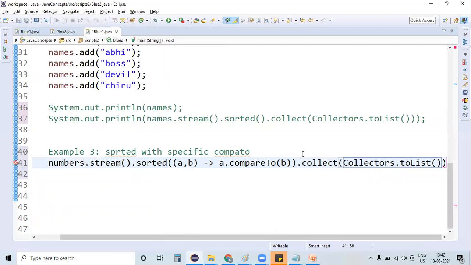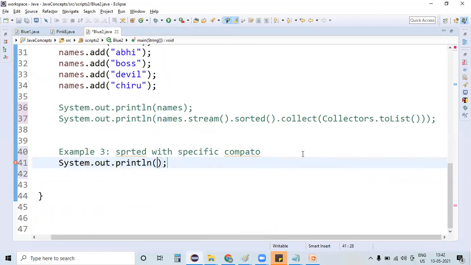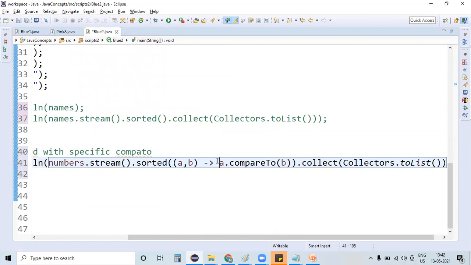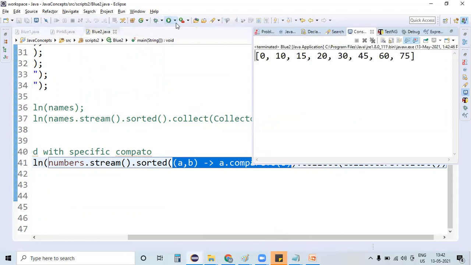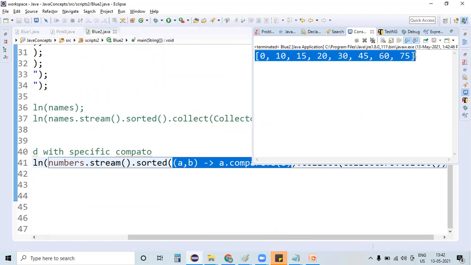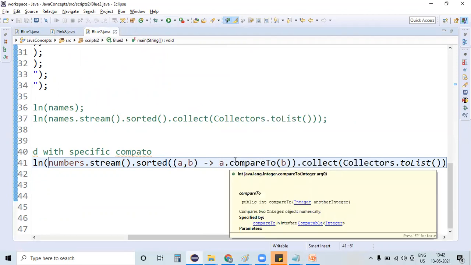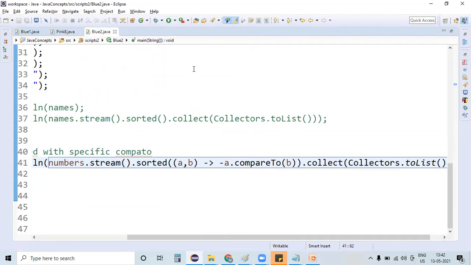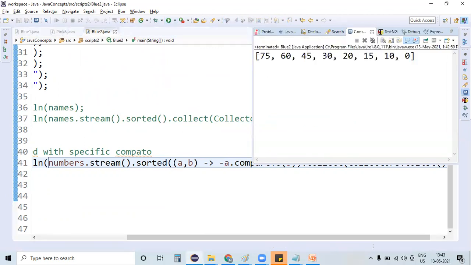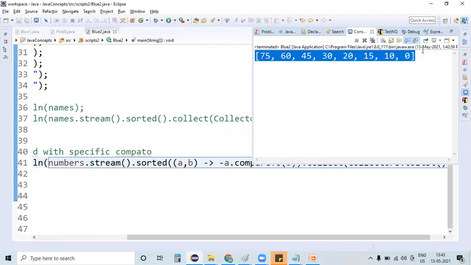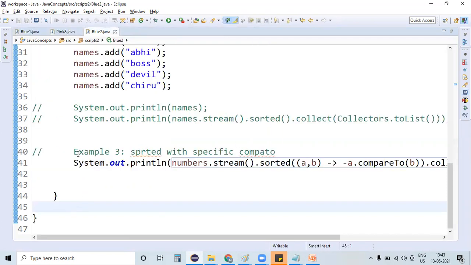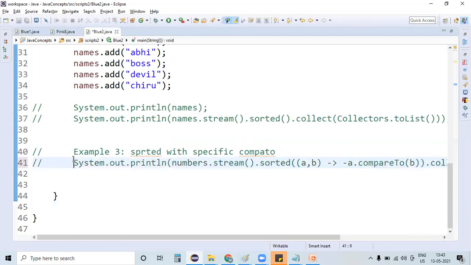That's it. So guys, I haven't done anything else. The only thing that I have added here is a compareTo method for this sorted. Now when I run my test script, all these values are coming in ascending order. If I want descending order, whenever I pass a minus here, it's going to negate this, and see here, the negative or descending values are populating as a sorting order. Fine, perfect. This is sorting with a specific comparator on a number.